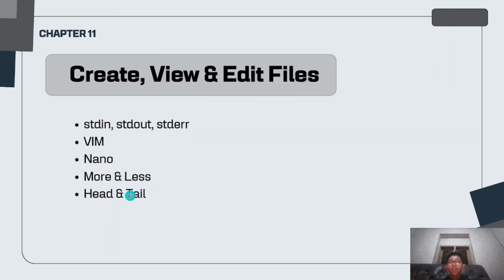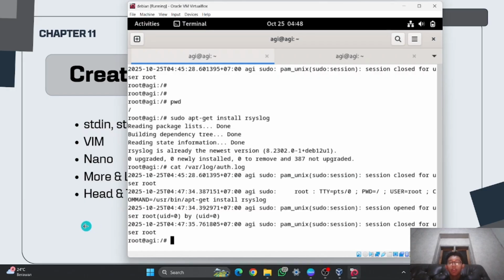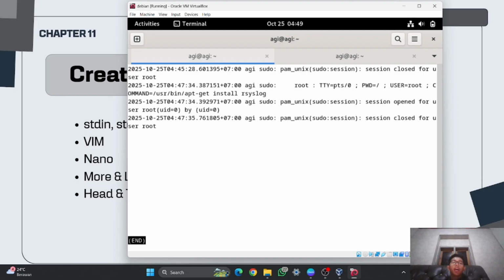You can use more or less. First one, I will try to use more. Here, more, and then the file, which is this one. I will just change this one into more, and then enter, and it will show the information page per page. So in one page there is 1, 2, 3, 4,